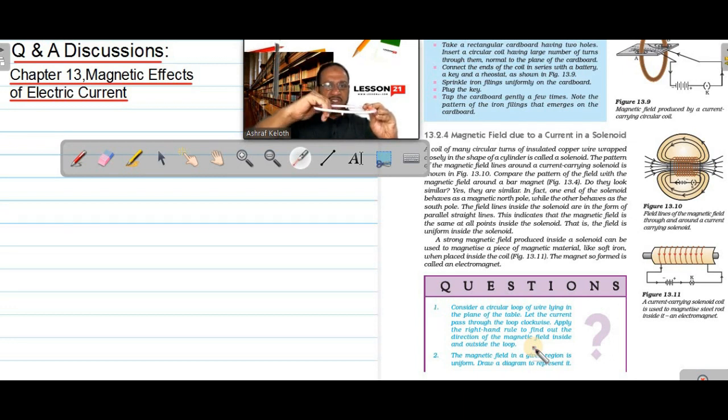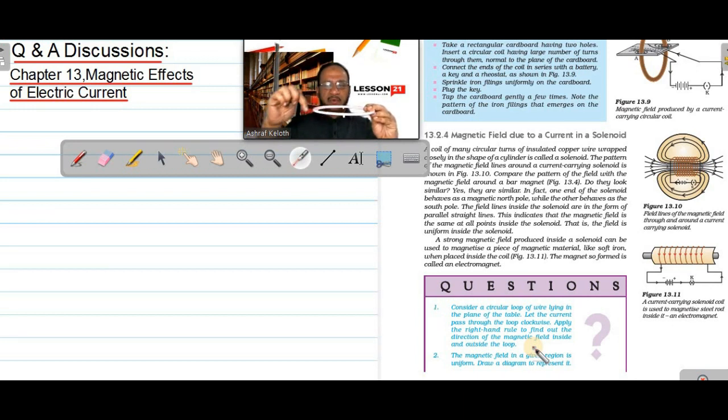because magnetic field lines are concentric circles here, and at this point, if you draw a tangent, that will give the direction of magnetic field. For a circle, if you draw a tangent here, that will be vertically downward. So the first answer is: at a point inside the loop the magnetic field is perpendicular to the table in the downward